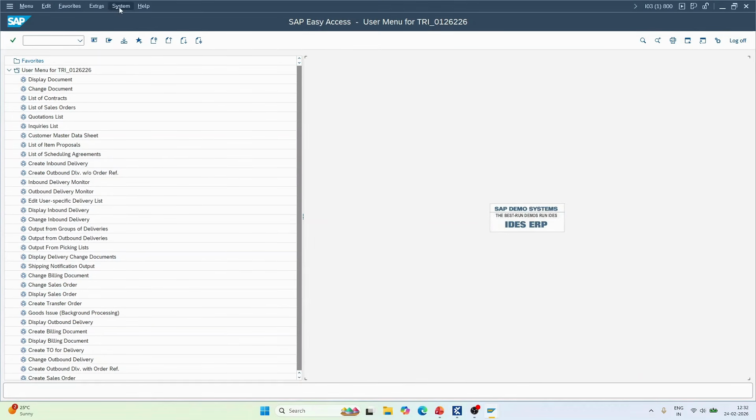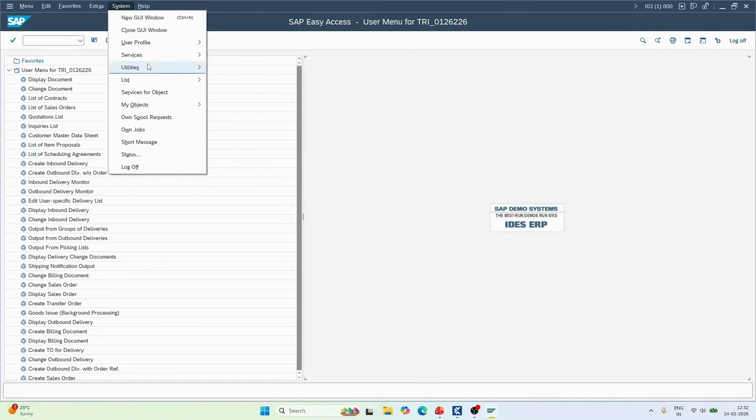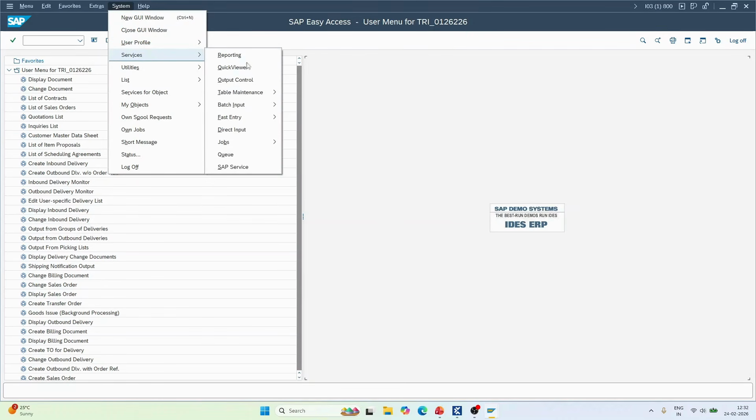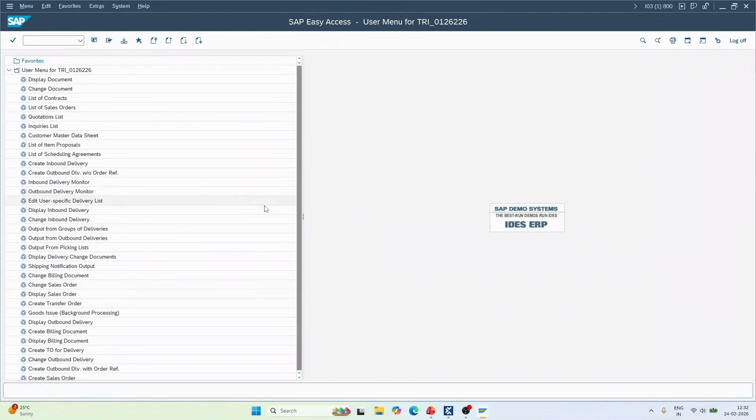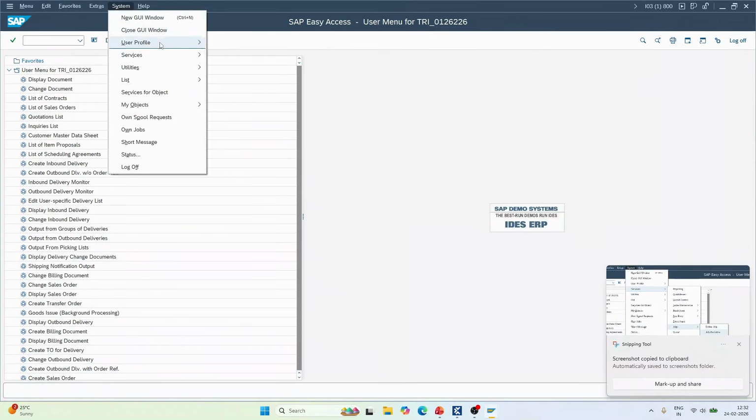So if you click on System here, and let's say we click on Services, and let's say we click on Jobs, and then we click on Job Overview. So let me just quickly take a screenshot of this because we have to type this out. And if I do that,